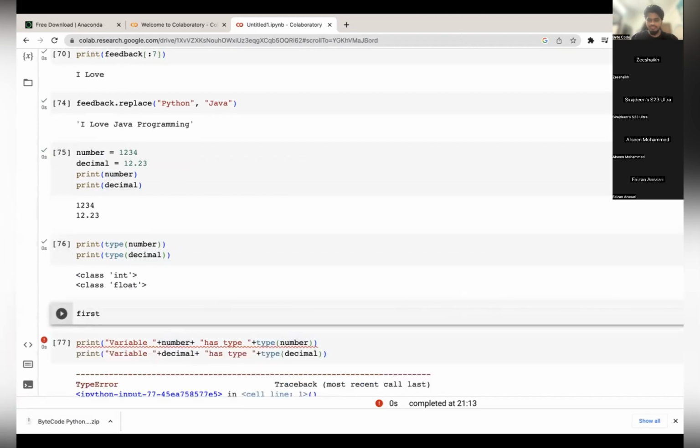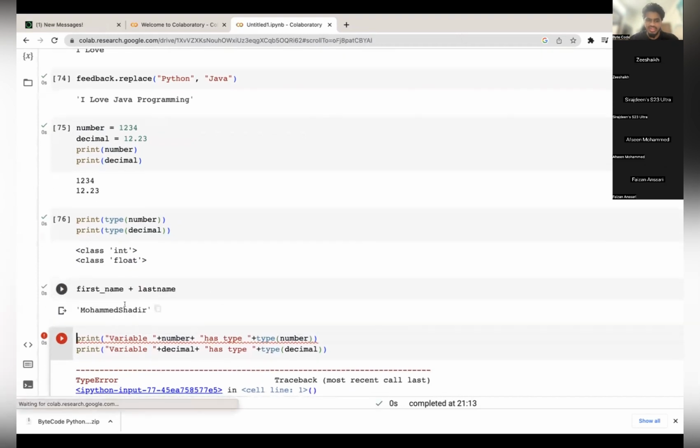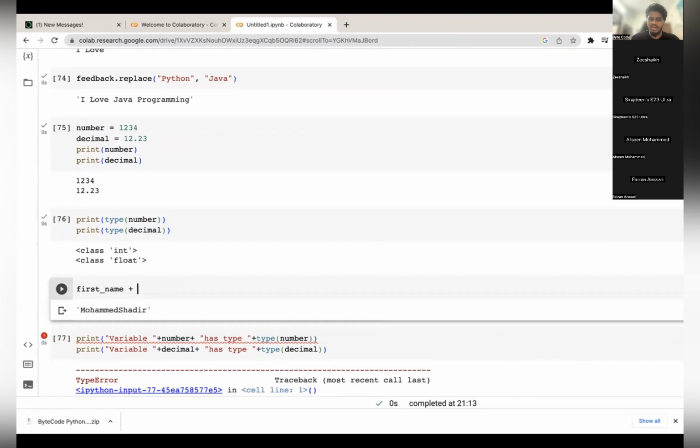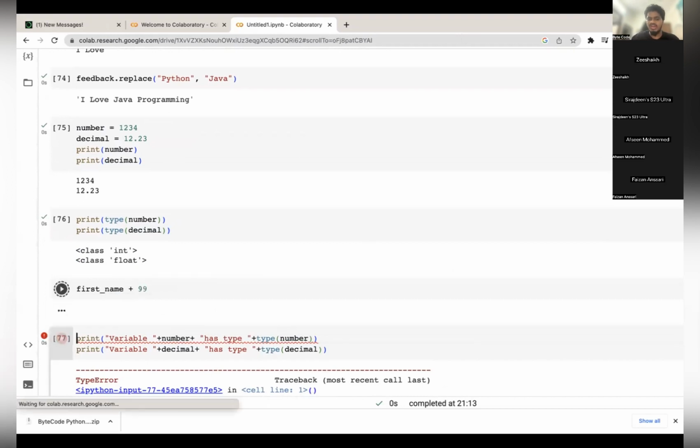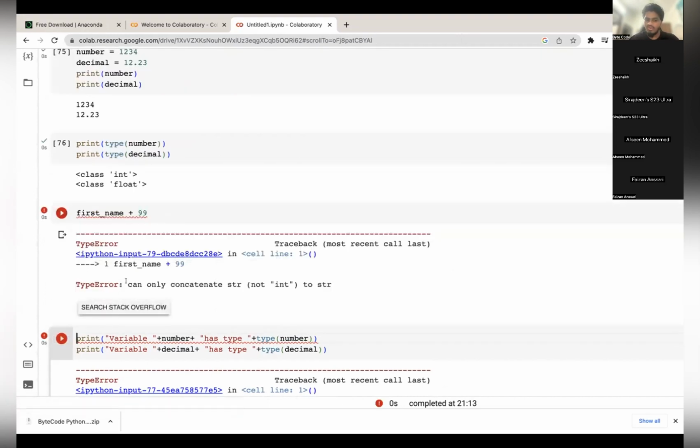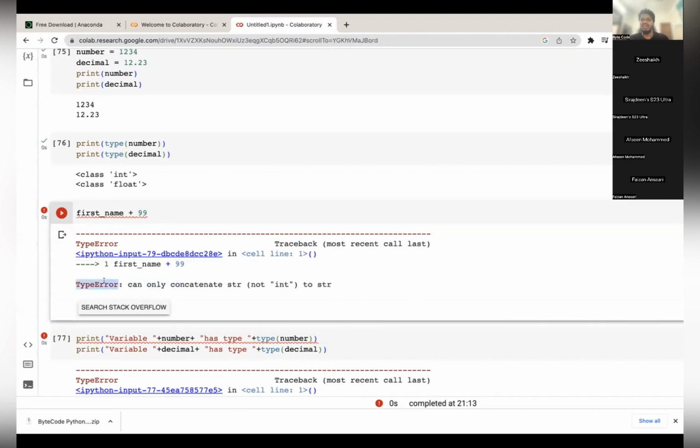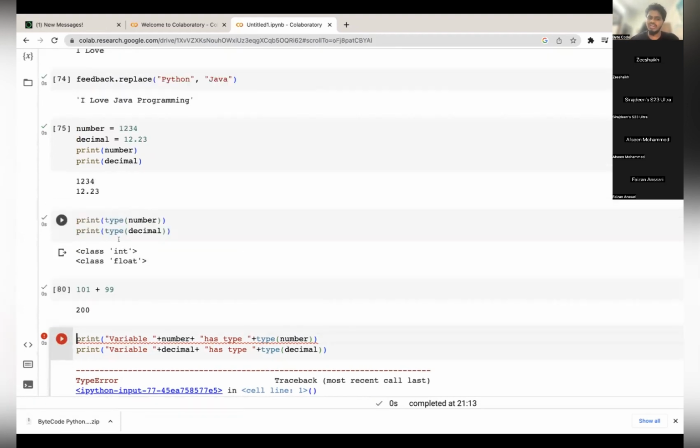First name plus last name will give a proper result. But if you concatenate first name with, let's say, a number, it will give you a type error. This is again an error in Python, which says it can only concatenate string, not integer, to string. It can only concatenate string plus string, or number with number, like 101 plus 99 is 200, right?